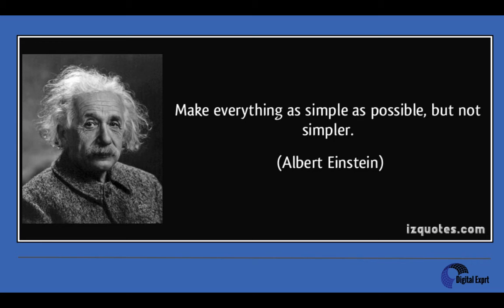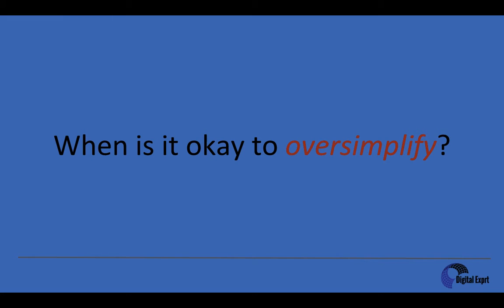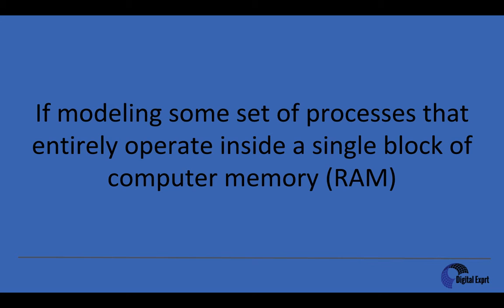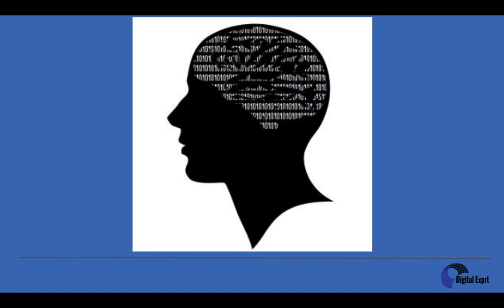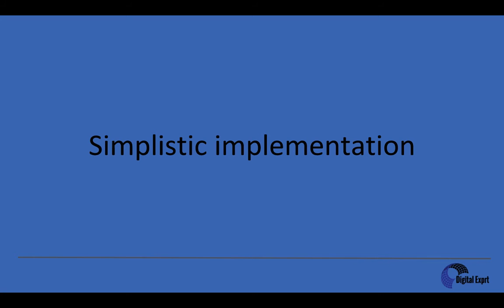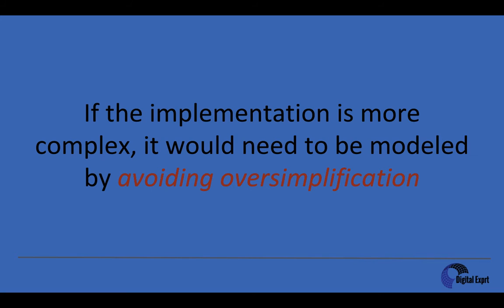Now, even though oversimplification is a slippery slope, we can still talk about when it is okay to oversimplify. Basically, I would say that if we're modeling some set of processes that are entirely located and operate inside a single block of computer memory or RAM, so it's located in one place, then we can maybe afford a simplistic implementation. But if the implementation is more complex, then we need to be careful and avoid oversimplification,